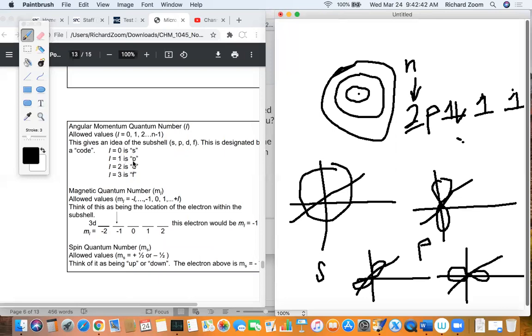For L equals 1, that's going to be P. For L equals 2, that's going to be D. For L equals 3, that's going to be F. So for this one,